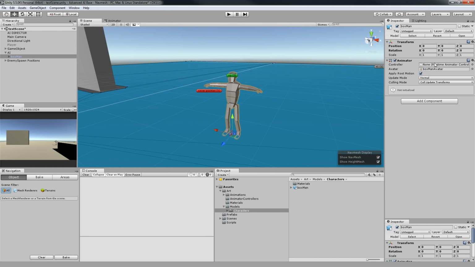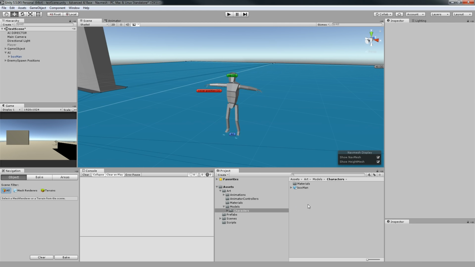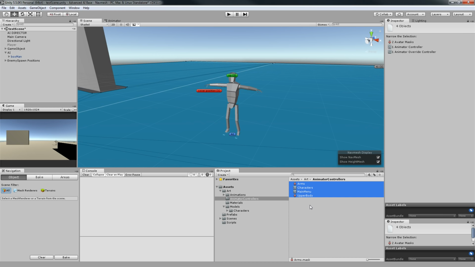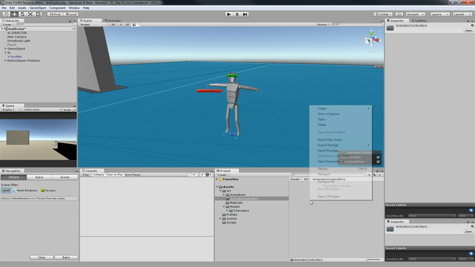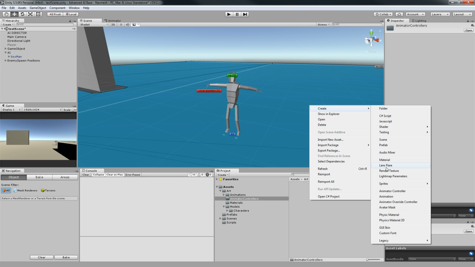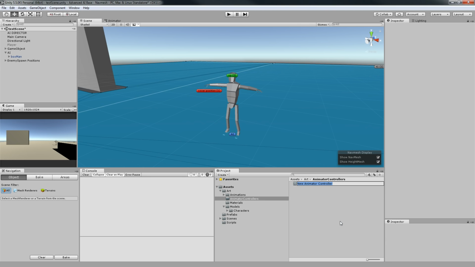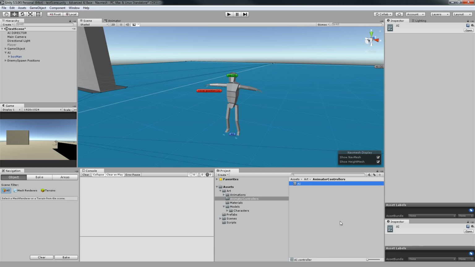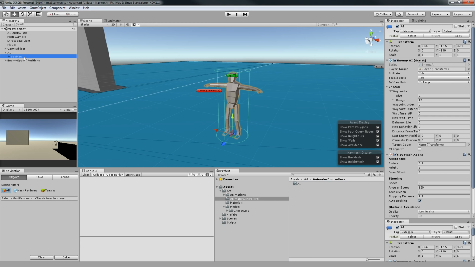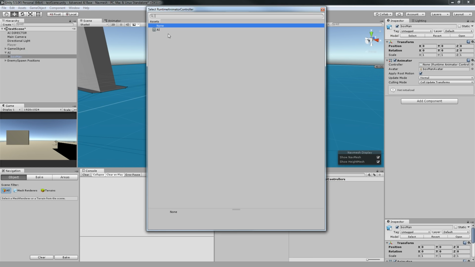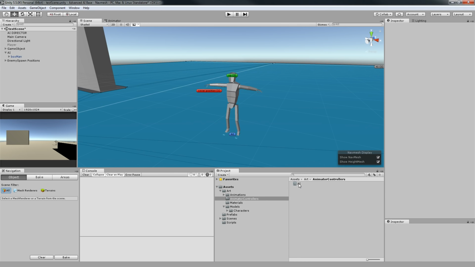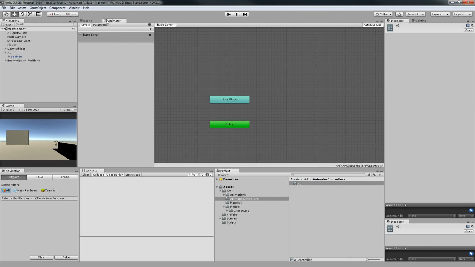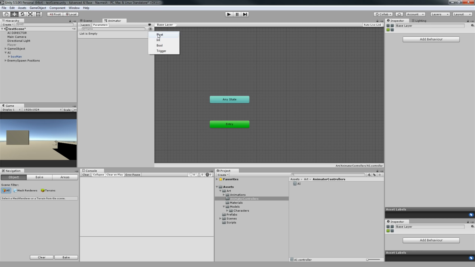Okay, and of course we need to add an animator. We have already one from the TABS, but we're not going to need it. So I'm just going to write this AI. Okay, so let's open it up, and of course the first things you're probably always going to need is